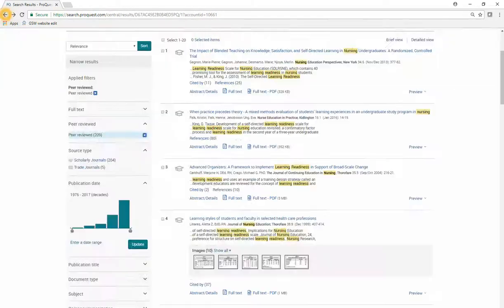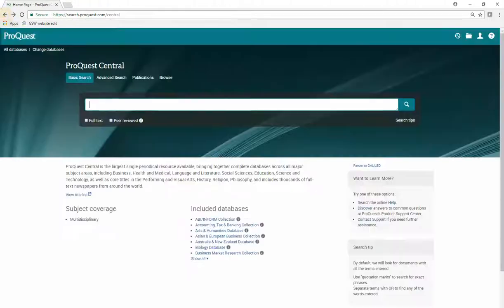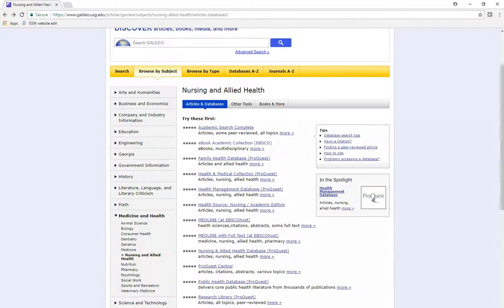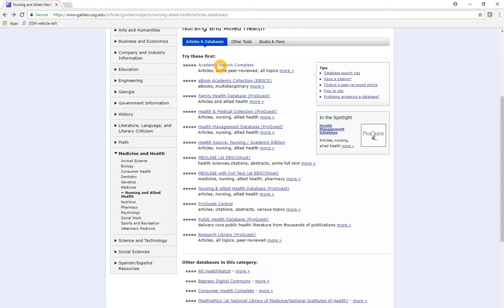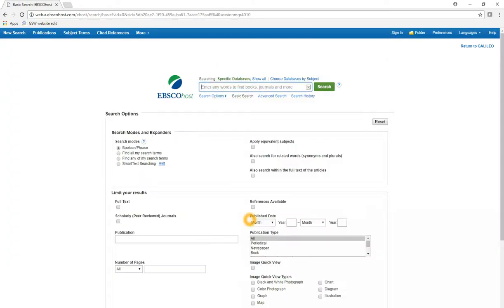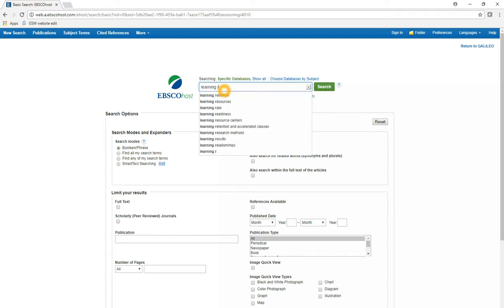Alright, so let's look at EBSCOhost very quickly. Alright, so let's look at Academic Search Complete. Click on that one. This is an EBSCO database. We're going to use the same exact keywords here, learning readiness, and of course I'm putting it in quotation marks using the Boolean operator and nursing,